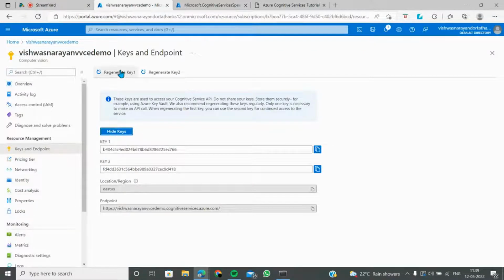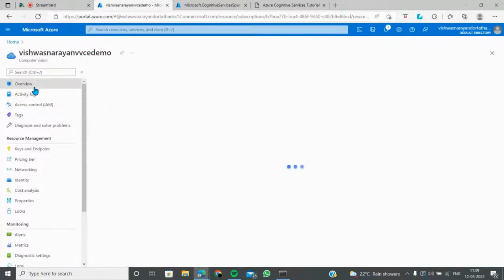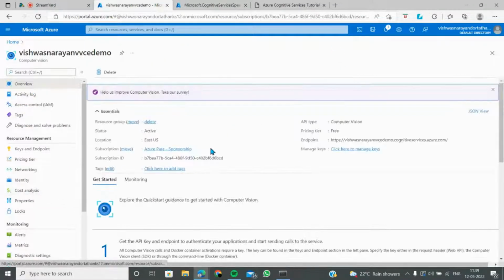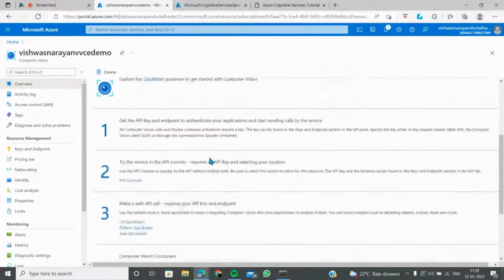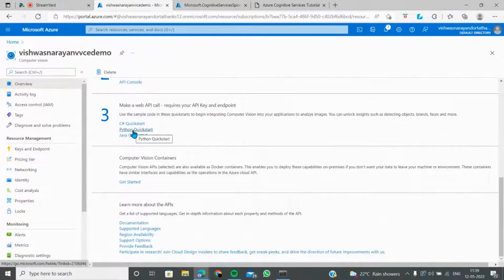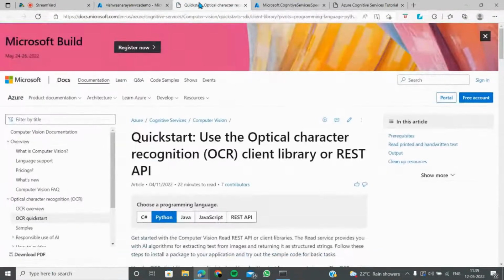If you can see that, it will not be the same. There were some other characters coming in the beginning. There is a new key that has been generated. So this is how it is. So you can do a lot. The overview can also be seen. This is how all these things are, and you need not do much work here. You just can go here and start looking at where I can do the deployment.